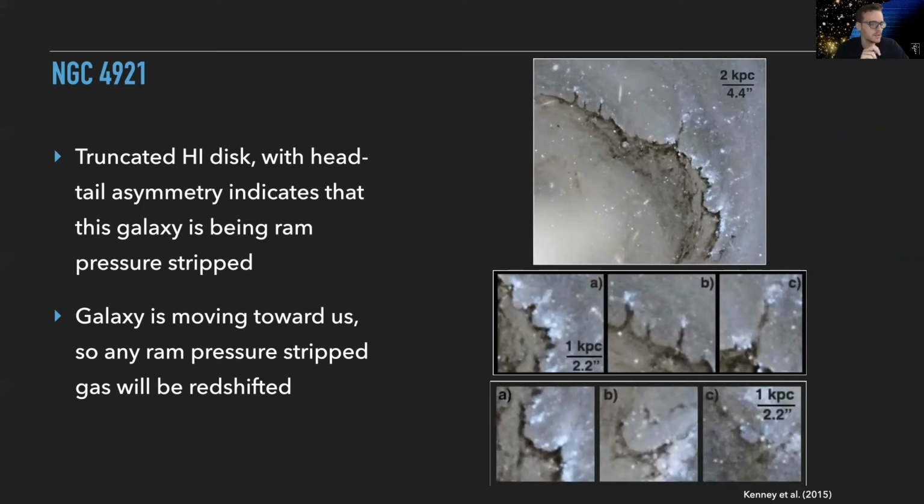These are kiloparsec scale filaments of dust sticking out into the otherwise stripped region of this galaxy, sometimes with young star clumps that appear to be at the heads of these structures. There's also C-shaped concavities where some of the dust appears to have been pushed in further than other areas, indicating differential ram pressure stripping of the ISM. So there's very interesting ram pressure effects on the ISM in this galaxy.